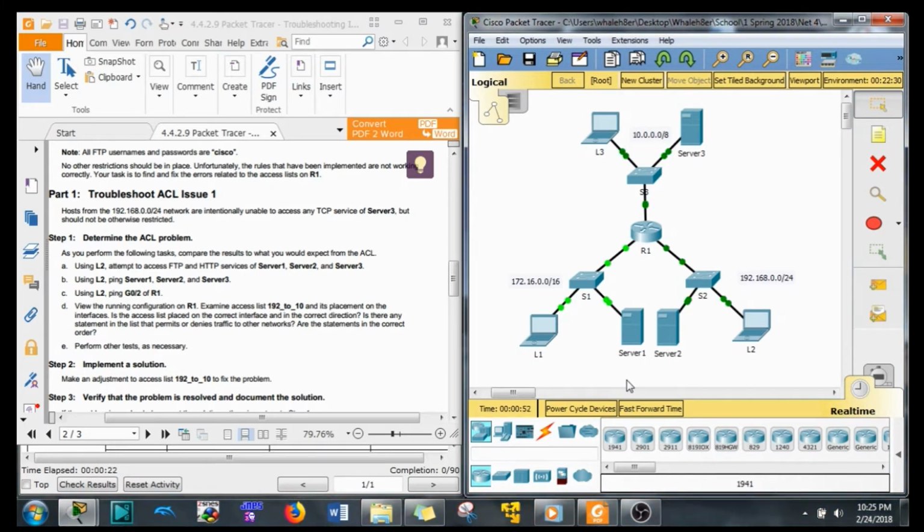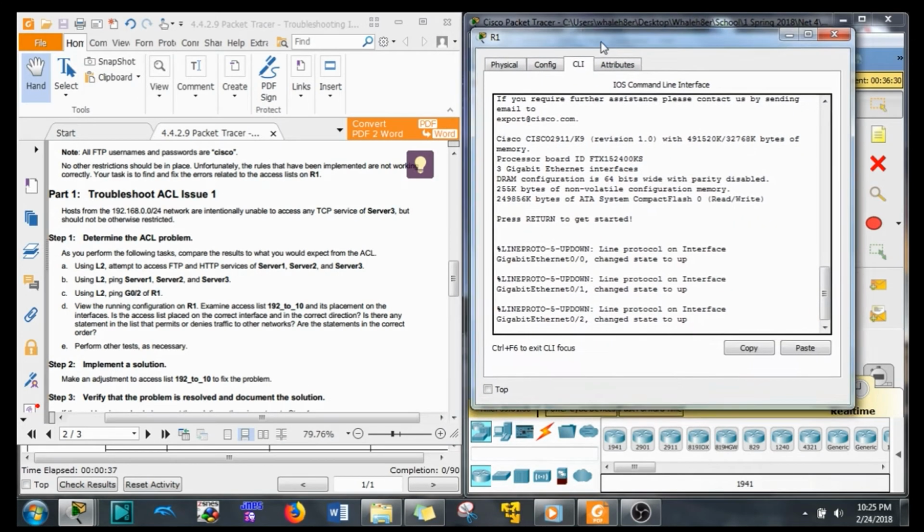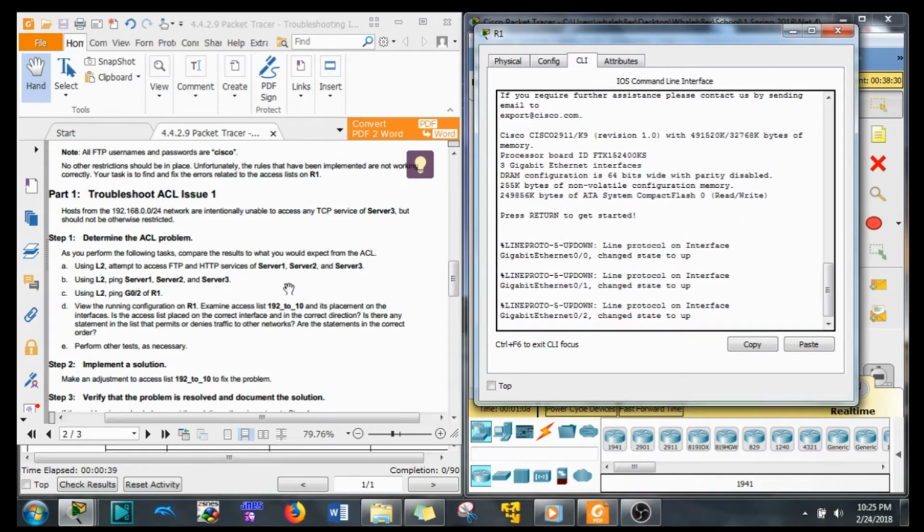Going to be doing Packet Tracer 4429. This is troubleshooting access control lists, and yes, we're having lots of trouble with them, but never fear, Whale Hater's here. We're going to get our access control lists all straightened up, and they'll be working just fine when we're done. So the first one we're going to do is the hosts on the 192